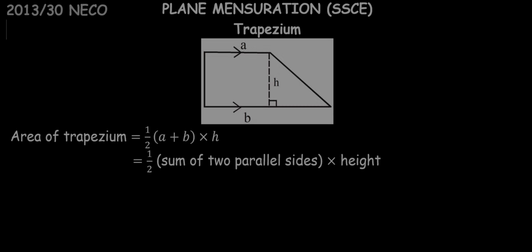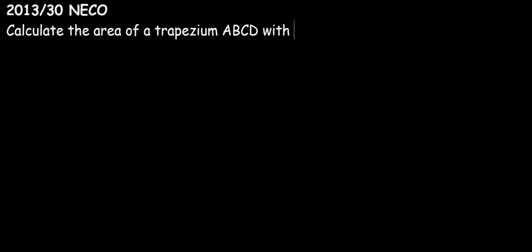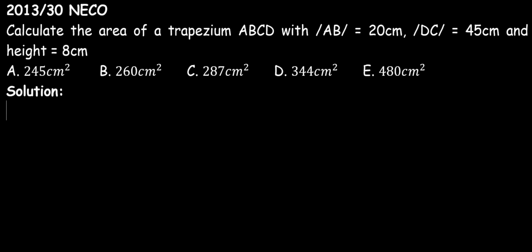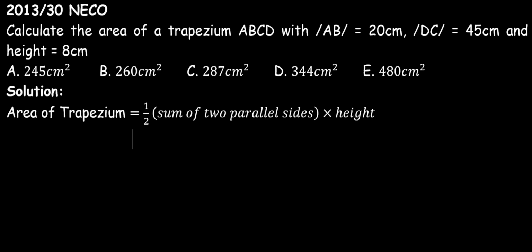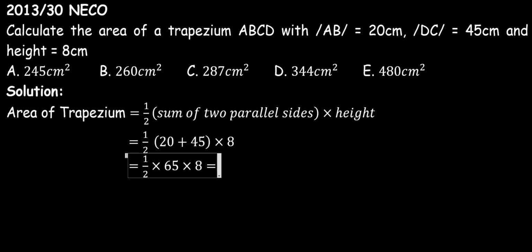Next, let's treat some examples. 2013/30 NECO. Calculate the area of a trapezium ABCD with AB equals 20 cm, DC equals 45 cm, and height equals 8 cm. The options are given. Solution. Area of a trapezium is equal to half the sum of two parallel sides times height. Substituting the given values, we have half into (20 plus 45) times 8, which is the height. That is half of 65 times 8, which gives us 260 centimeters